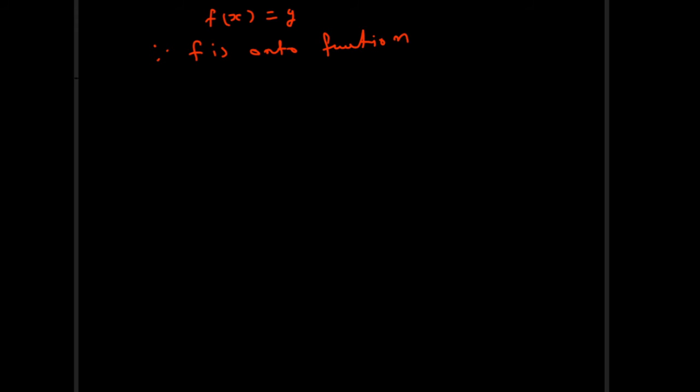Okay, and therefore f is one-one and onto function. So f is both one-one and onto. This is the 11th question. This is a multiple choice question also. f from R to R defined by f of x equal to x raised to 4. Choose the correct answer. A is f is one-one onto, B is f is many-one onto, C is f is one-one but not onto, and D is f is neither one-one nor onto. So this is a multiple choice question.